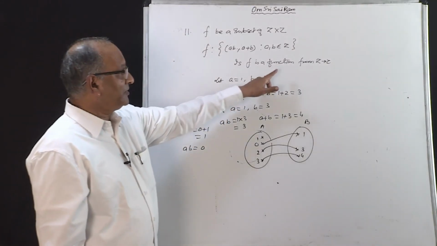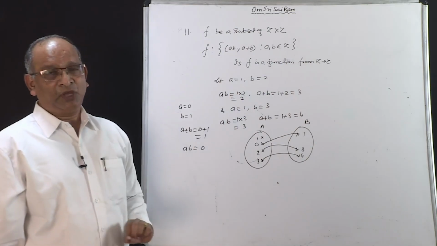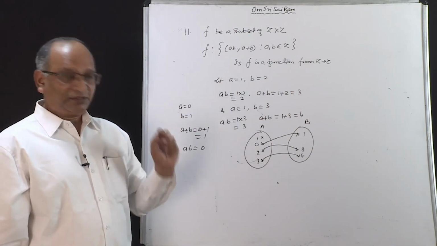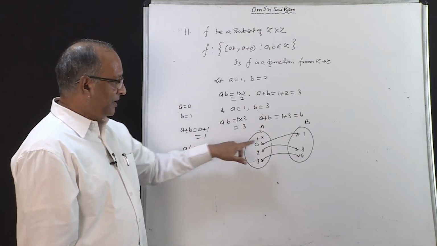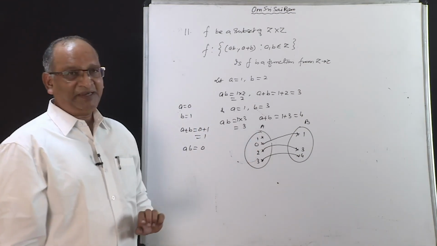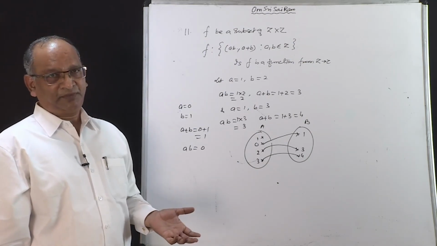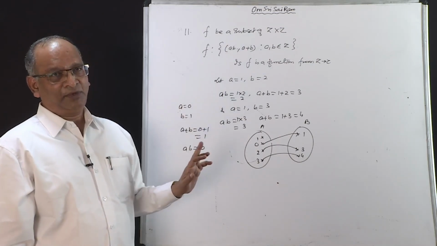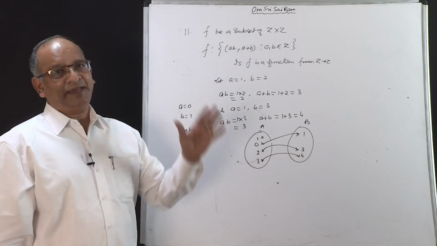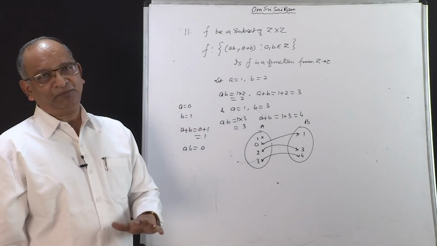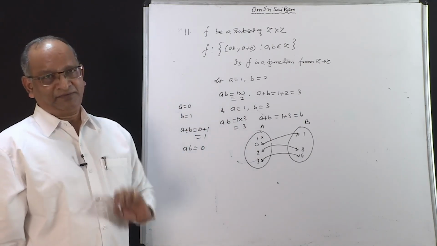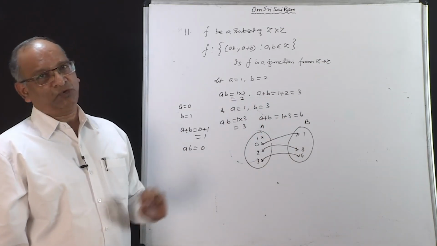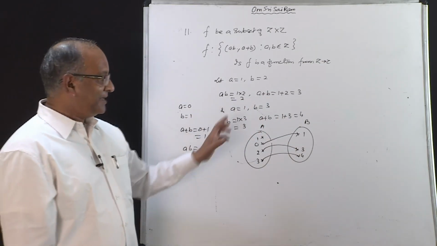Remember, you have to take only integers. You cannot take negatives, you cannot take fractions. Check whether anything with 1 will give you a different image. Yes, of course. Take for example, A equal to 1 and B equal to 5. So, what is A plus B? It is 6. What is A into B? It is 5. So, distinct elements are giving distinct images. So, we can say that it is a function.